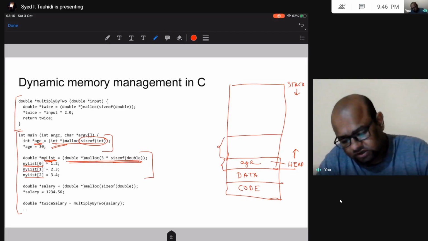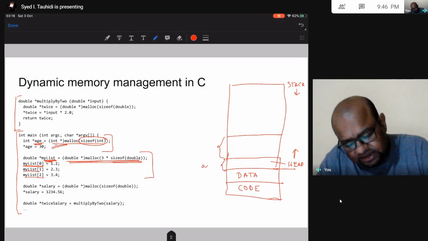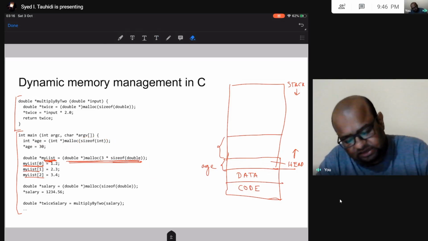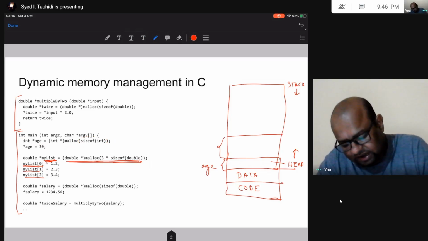Okay, so mylist 0, I am keeping. So sorry, let me write this over here. This is the memory allocated for age, right? And then in this line I am putting 30 in this memory.